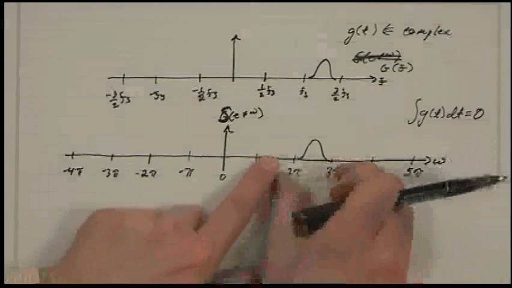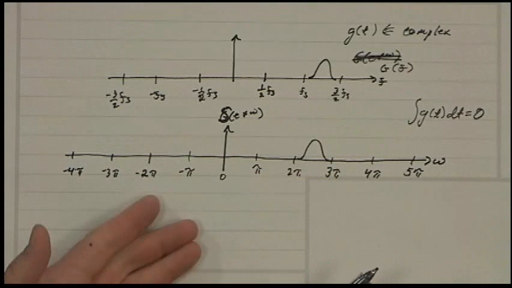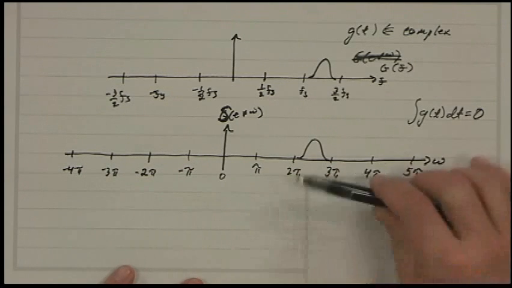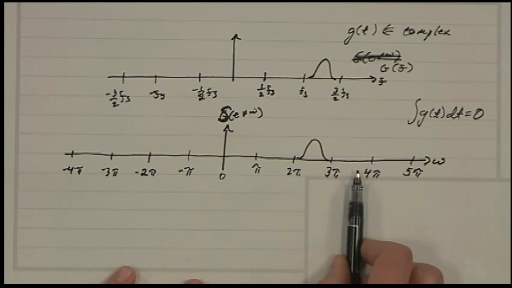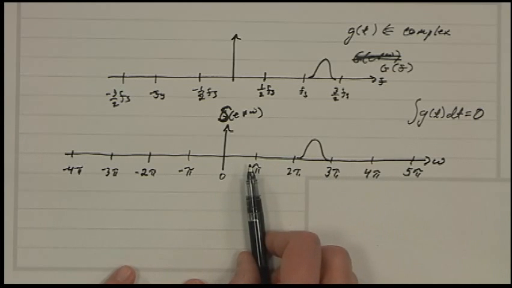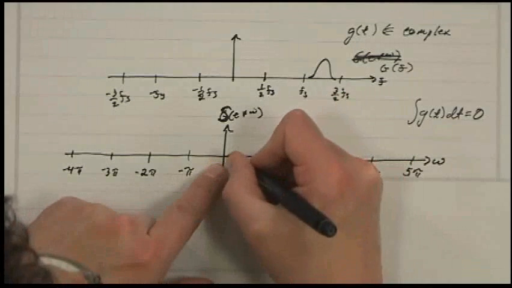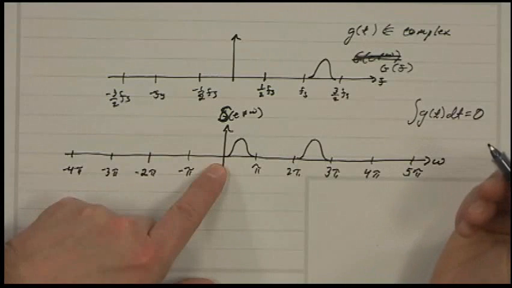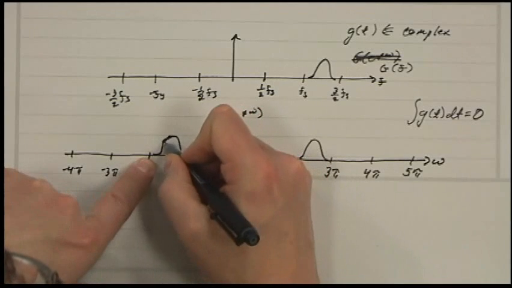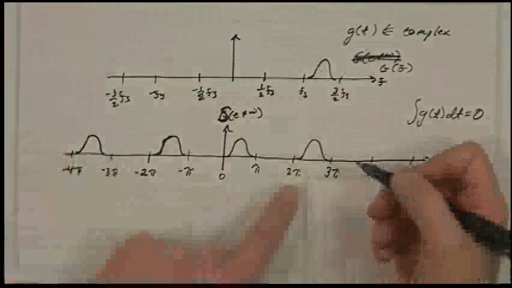Okay, so you have to shift by 2 pi and add. Shift by 2 pi and add, okay? Right? So what will happen when you shift by 2 pi and add? What's this function going to look like? Which way should we shift, left or right? Does it matter? Both. Okay. So I'll go left first, because that one's more interesting. So if I shift this by 2 pi, that goes here, right? And then it's going to look like this. And then I'll do it again, 2 pi, okay. Oops, I'm not drawing it so well. 4 pi, okay. Now I can shift this way,